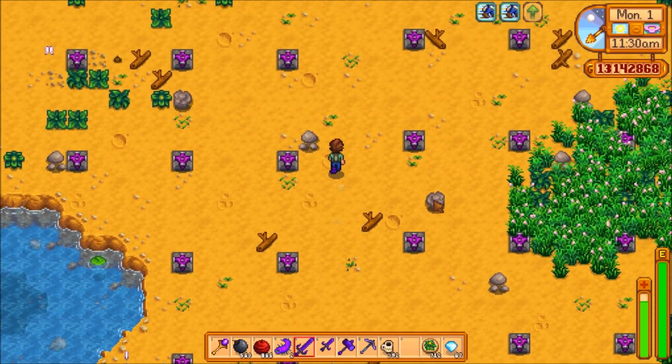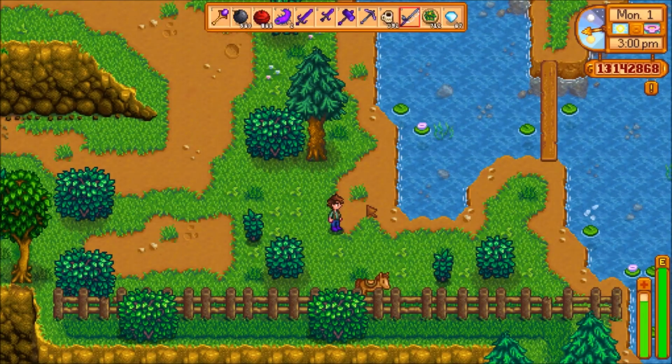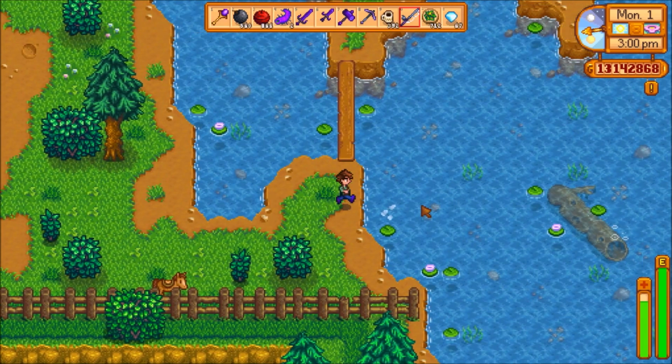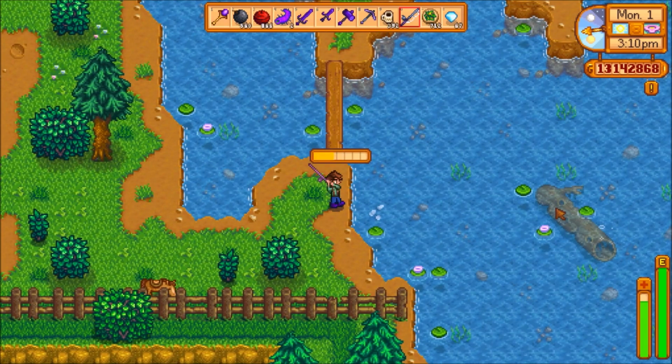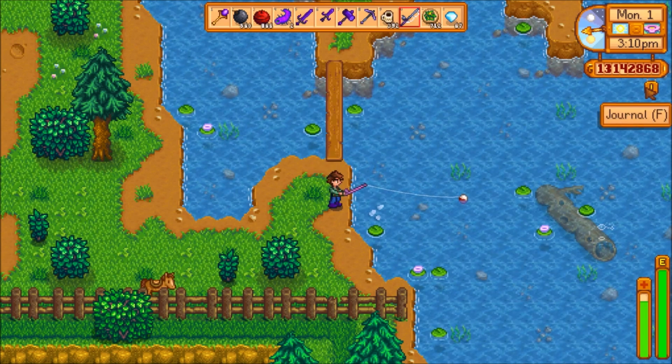Unfortunately, it is patched. On to the next one. This next glitch is simply a way to freeze time while fishing. Pretty straightforward. Find your favorite fishing hole, and as soon as you make your cast, open your journal, just like